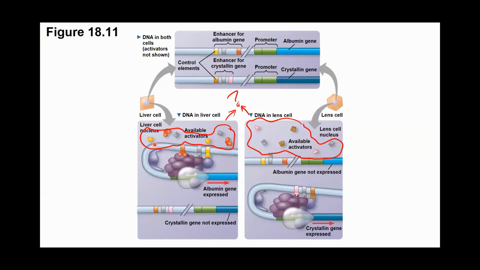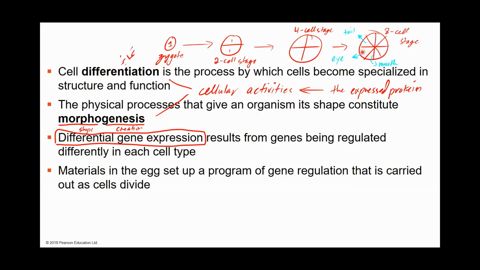at that time couldn't explain why a cell will become a muscle cell in the future, or a liver cell, or why this particular cell, for example, will become an eye cell in the future, or why this particular cell will become a mouth cell. Of course, we know now that these cells are expressing different genes. But in the 19th century, they couldn't do experiments to understand at the molecular level why this cell becomes an eye cell and why this cell becomes a mouth cell. And not until